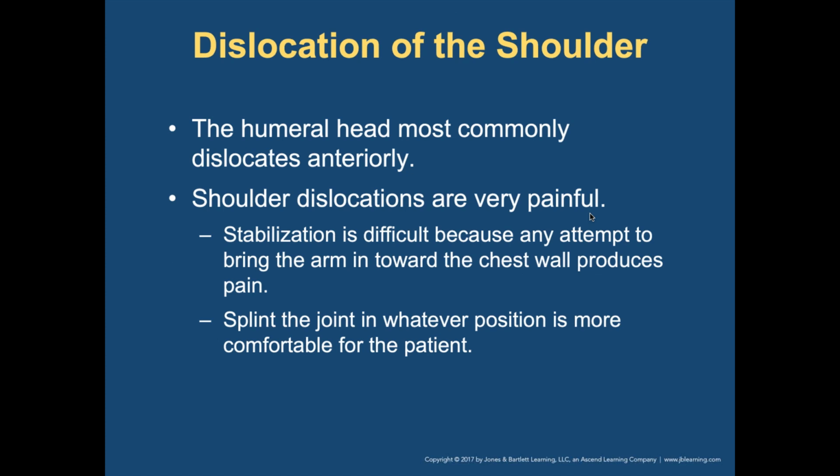So dislocation of the shoulders, most of the time it's going to be at the humeral head, and it's going to dislocate anteriorly. You'll notice basically it's a big knot in the shoulder. It's super, super painful. For splinting of the joint, do whichever is the easiest and most comfortable for that patient. I've done it once, and I said, you tell me what's comfortable, and we'll situate you that way. When I got there, the man had a belt around his shoulder and underneath his other arm, pulled tight, and he held it in place. And guess what? That's how we rode to the hospital. He was super comfortable.